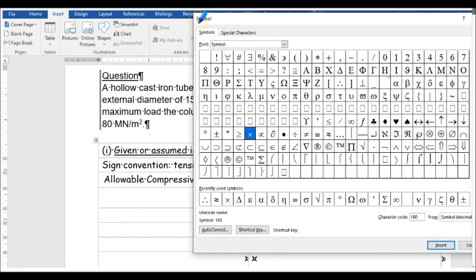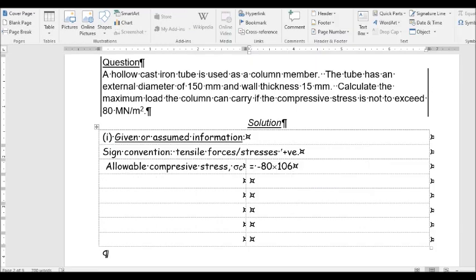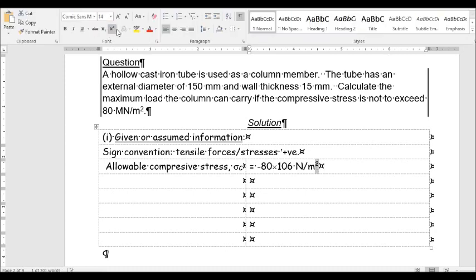From the insert symbol menu, here's the multiplication symbol, and that's newtons per meter squared. Again, I'm just going to use superscripts for the squared